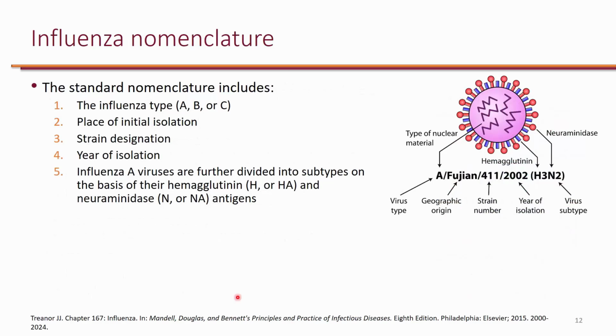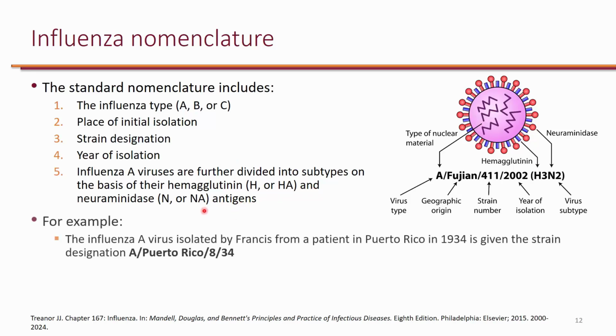Now let's take a look at influenza nomenclature. So the standard nomenclature includes the influenza type, so it's either A, B, or C, and then they put in the name the place of initial isolation, followed by strain designation, year of isolation, and in the case of influenza A, it is also divided into subtypes on the basis of H and N. So for example, the influenza A virus that was isolated by Francis from a patient in Puerto Rico in 1934 is given the strain designation A, Puerto Rico,